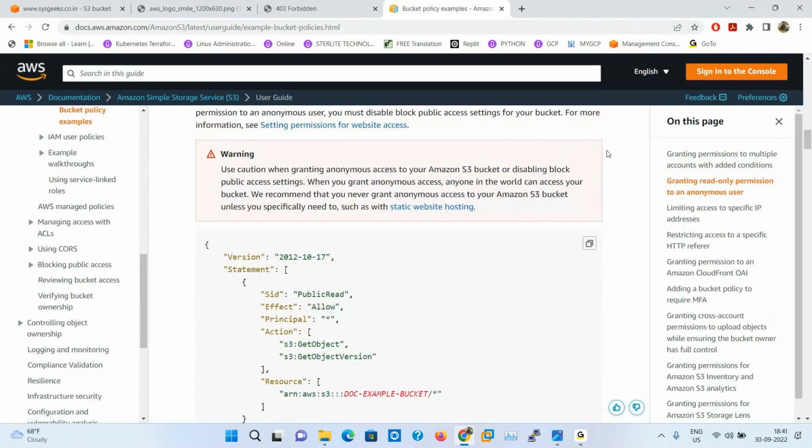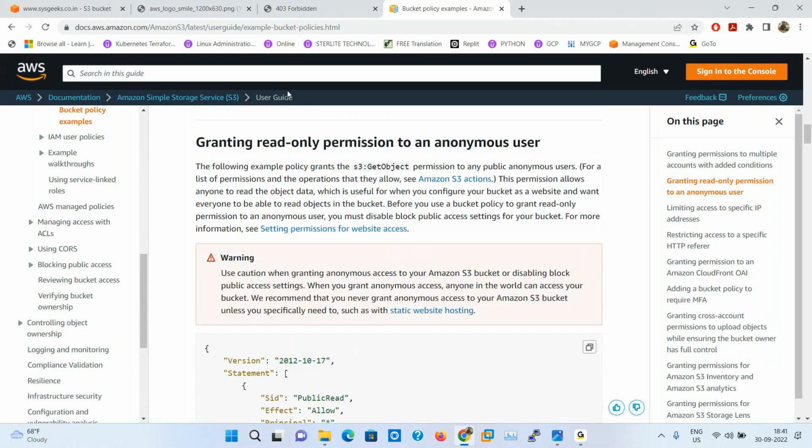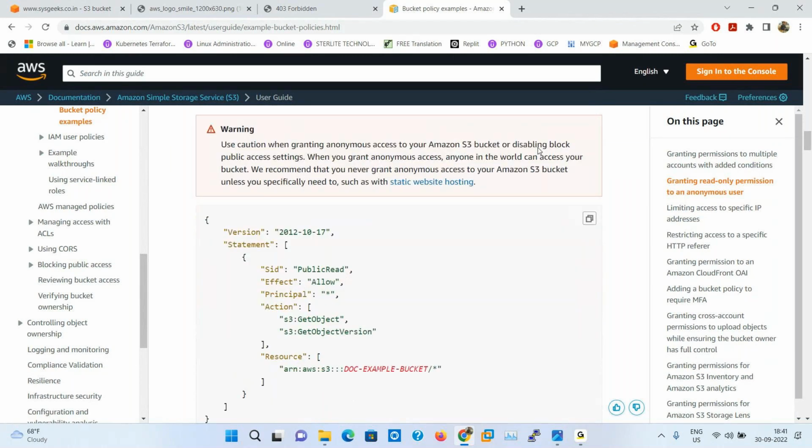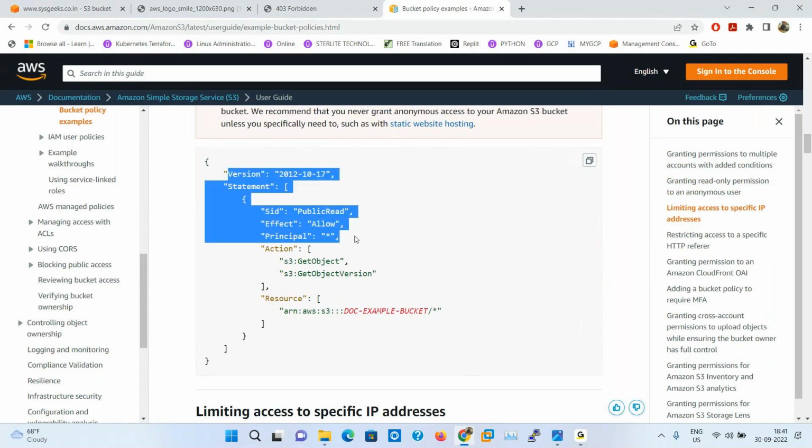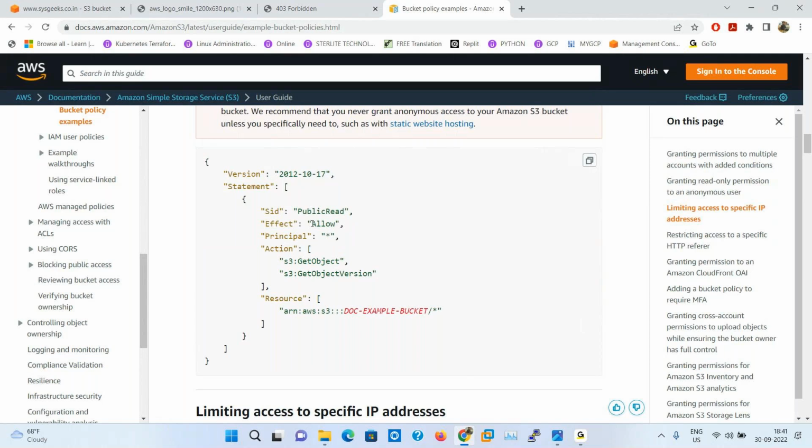See, it is granting read-only permissions to an anonymous user. So where is the code? This is the code. Here is the policy code, with the effect Allow. Then S3 objects, and which objects you want to allow. We need to write the bucket name here.